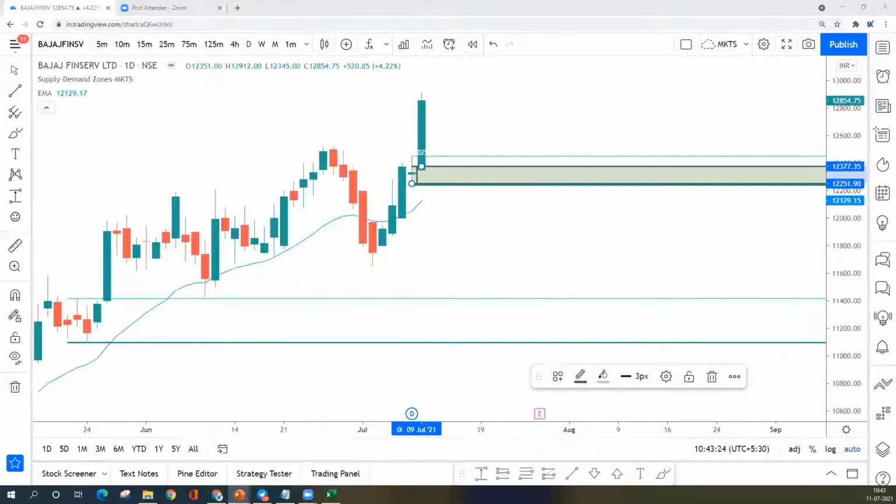So we were discussing about Bajaj Finserv. So what are the good parts about this zone? What is the good things in favor of this trade? One is 125-minute zone having a confluence with the daily zone. Trend is up. When the stock pulls back to this demand zone, will the trend remain the same? So the anticipated trend also will be up. Zone is having confluence around the previous high near the EMA. So everything good. You can go ahead and look at going long in Bajaj Finserv at this zone.